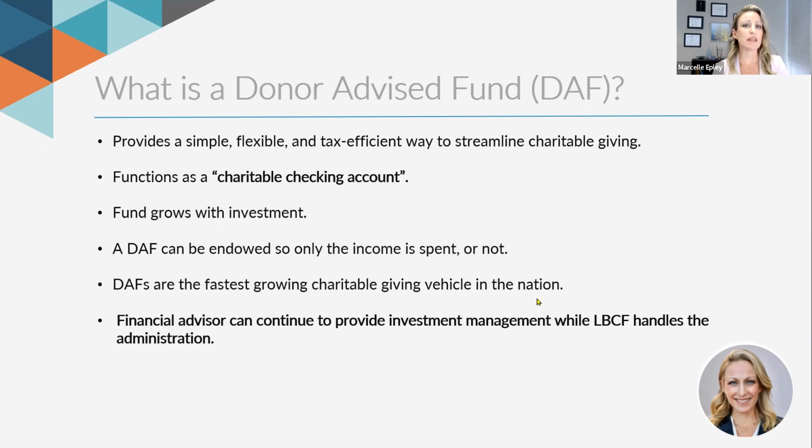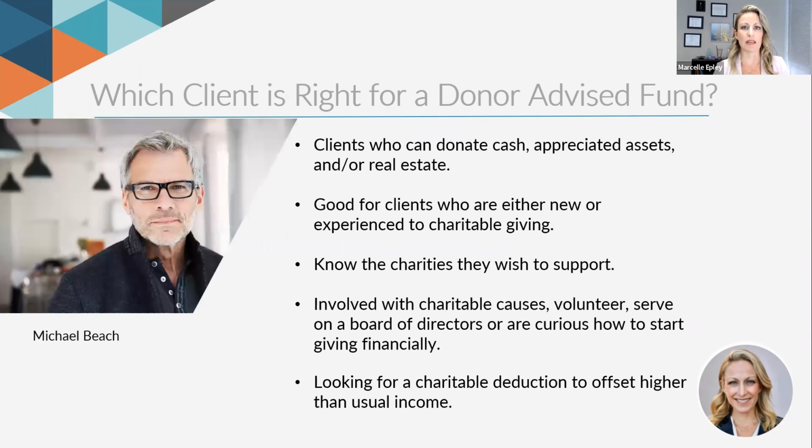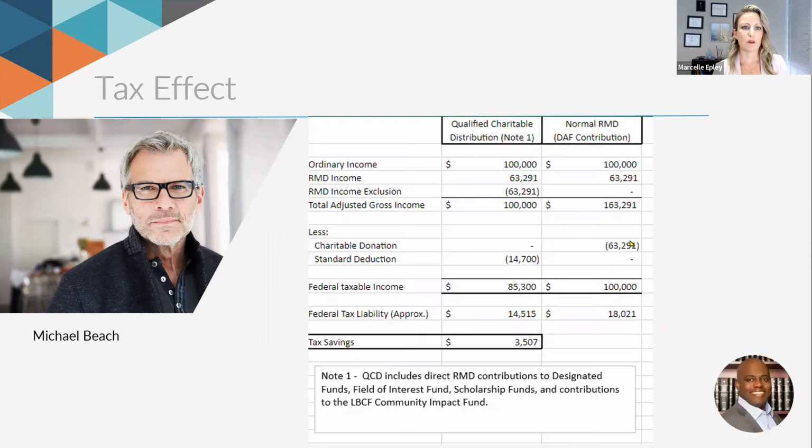The tax deduction is taken at the time of contribution for us in that particular year. And then after that, income is earned and distributions go out according to the client. And they know who they want to support. So this is really right for the person who has that mindset of, I want to choose when I want to, and I don't want it to be by the community foundation. I'm knowledgeable, I'm very involved, and I know where I want my distributions to go. And so, Tony, here's the tax effect of that, just for folks so you can see, you do have some tax savings there.